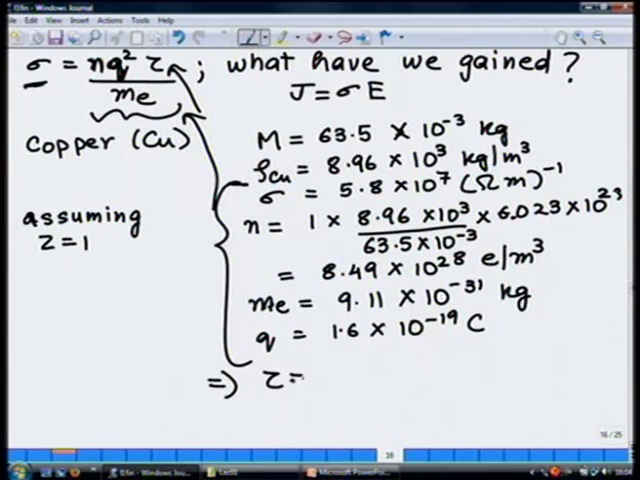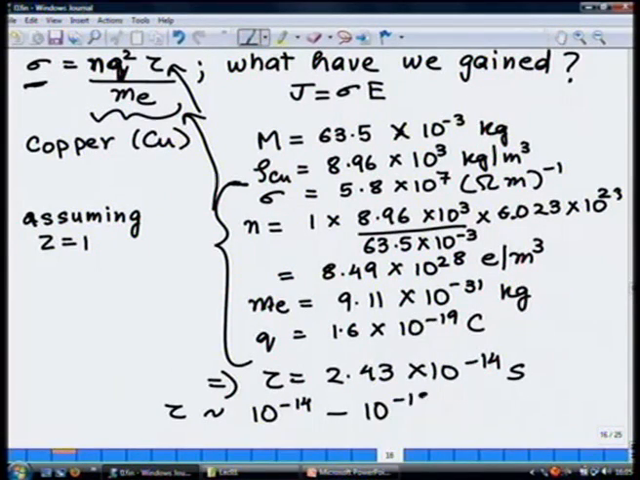So, tau is calculated as 2.43 × 10^-14 seconds. That is what the value of tau is. So, if you had chosen Z an order of magnitude higher, let us say tau will vary between 10^-14 to 10^-15 seconds. Now, if you look at the velocities involved in these materials, since Drude,